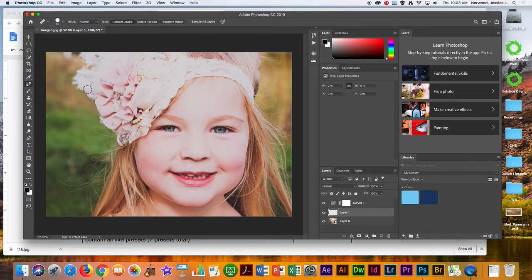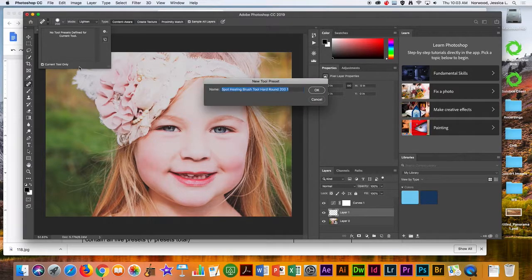So maybe I use the brush at a certain size with a certain amount of feathering, and I use content aware, I sample all layers, or maybe I have a blend mode that I use too as I'm doing this. Once I get that set, I can save that in here, and this would be the spot healing brush, and I'll just call it retouch blank layer. So it's my setting for retouching on a blank layer, or if I'm using light and blend mode, it might actually not be blank layer,